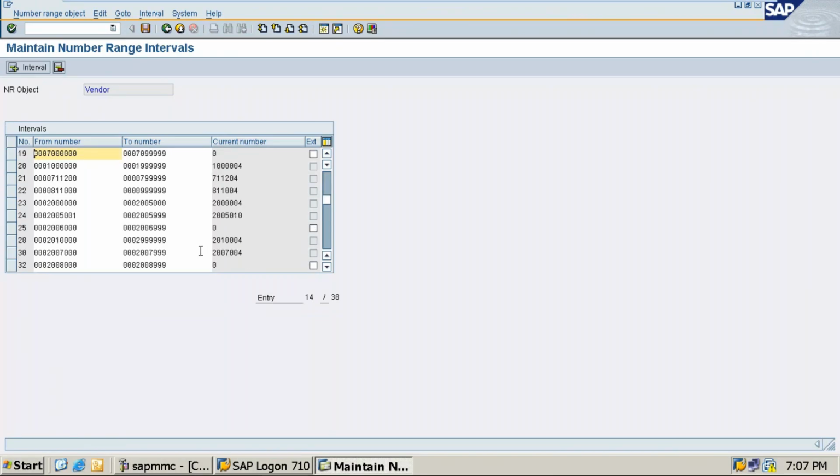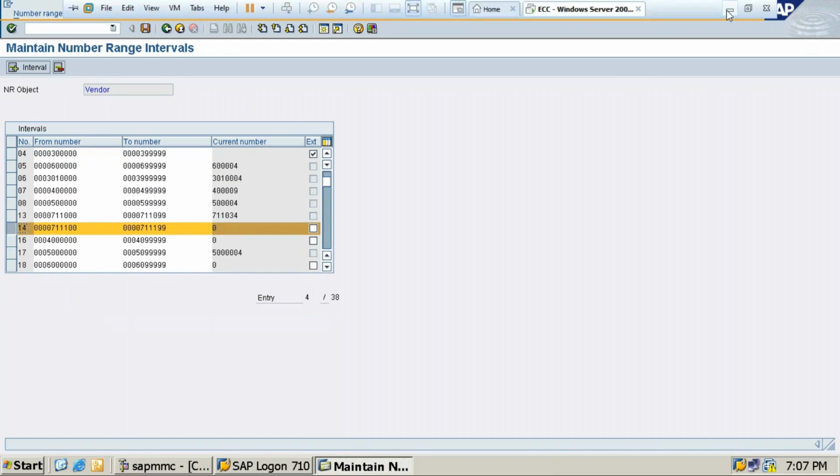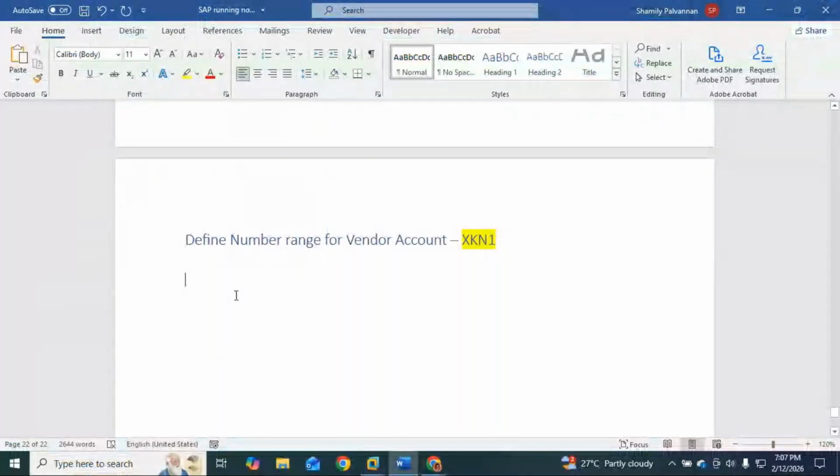So I prefer using this number range, between a small number to, okay, this is too big, 71110. Let's go with this itself. 71110. So what we are doing, you can create a number range that doesn't